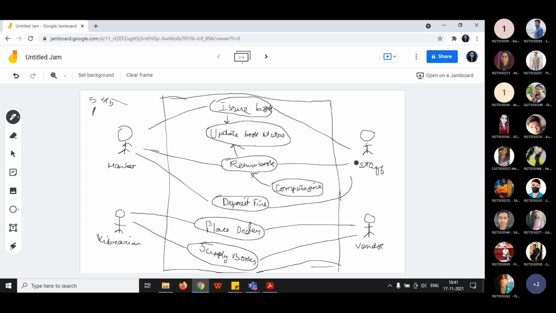I am drawing these by hand so they have bent, but whenever you do it you will just put straight lines, because in lab and in exam you will be given MS Word, and in that MS Word you need to put the arrows and the straight lines.